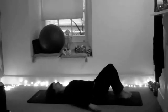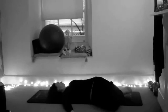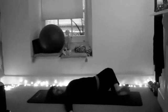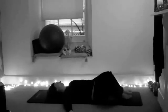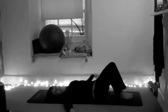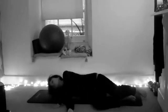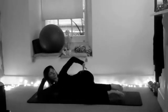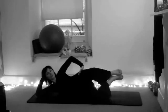Bring the feet and the knees together, drop them to one side, look in the other direction and then change sides. And again, coming over and the other side. This time roll over, take your hands with you. Coming over onto your side, going onto your hand, bend the knees, pick up the feet, and lift that top